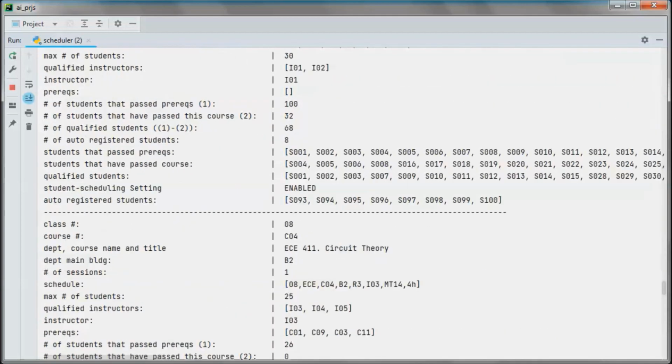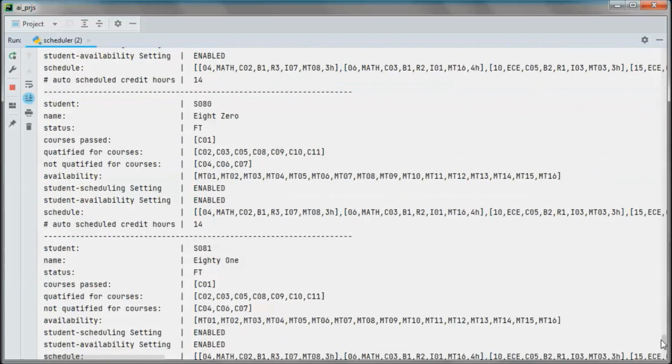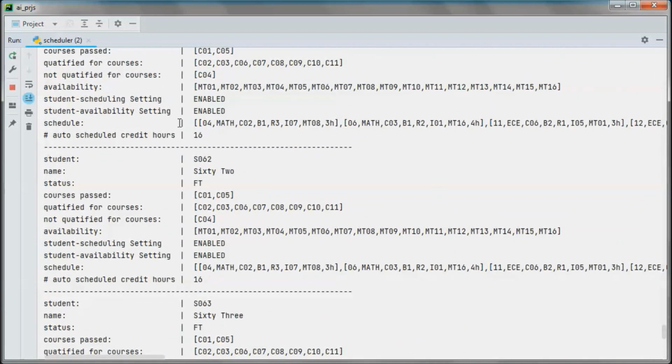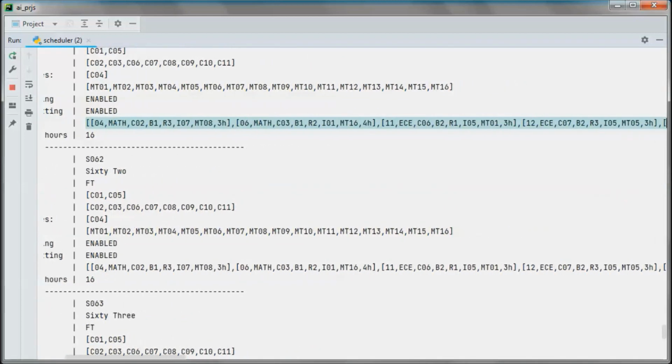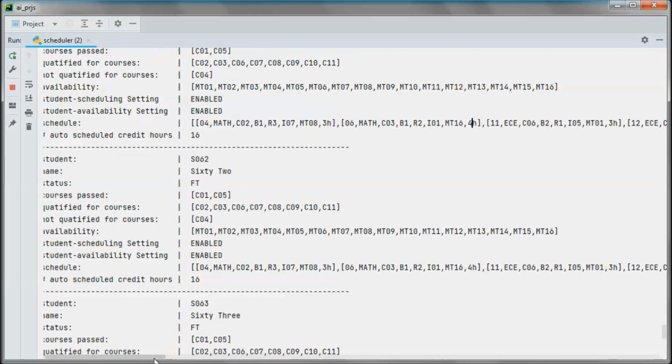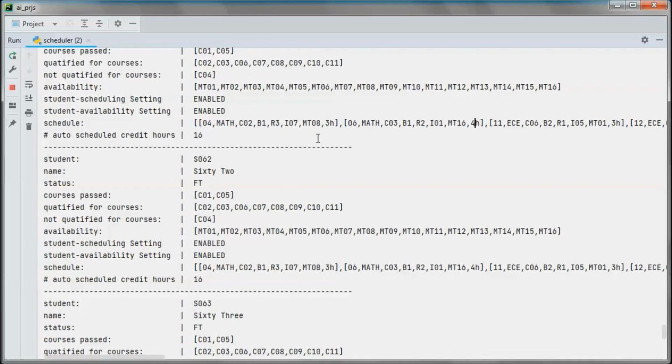And if we go up here, this one is 16, so this is this student's schedule. We have 3 and 3 and 3, that's 9, and 4, that's 13, and 3, we end up with 16.